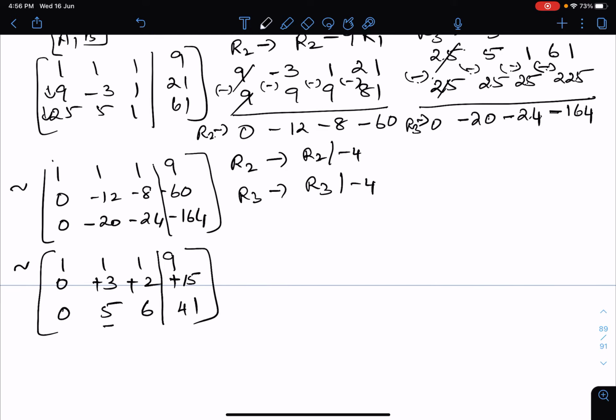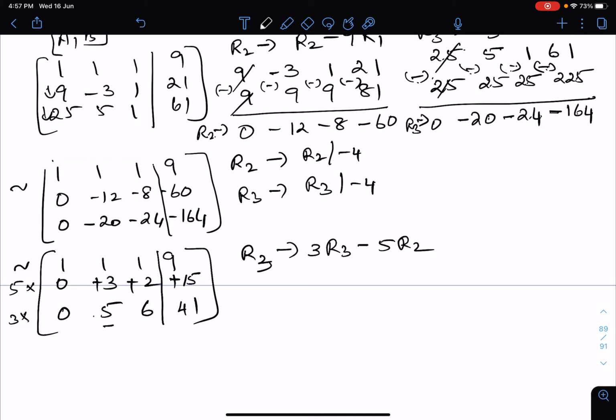and now we are going to bring this 5 to 0, isn't it? This 5 you have to make it as 0. So for that you are going to seek the help of R2. So row 3, what you are going to do? Row 3, you are going to multiply this by 3, and that is this into 3 and this into 5. Okay, because they don't have common factors. So row 3 will be changed as 3 row 3 minus 5 row 2.